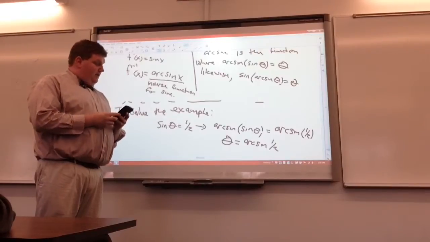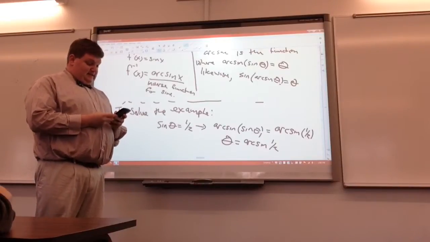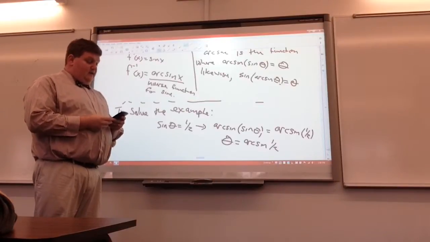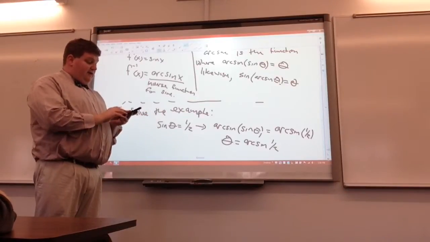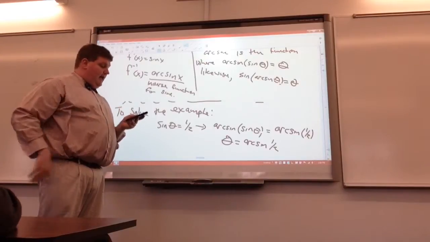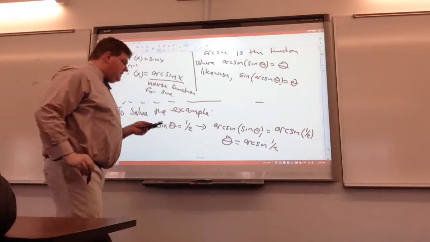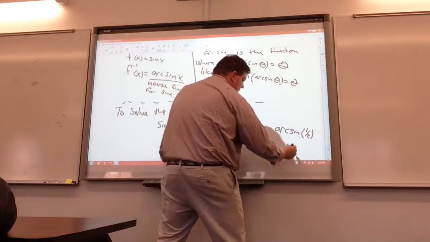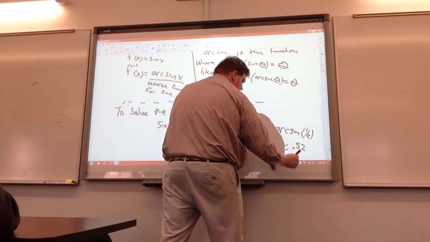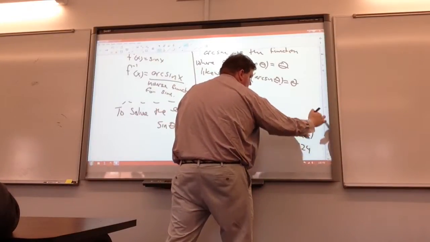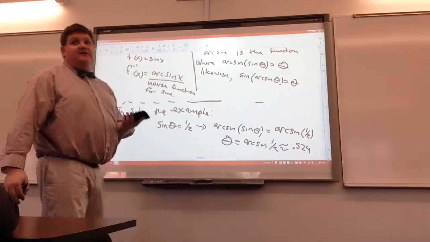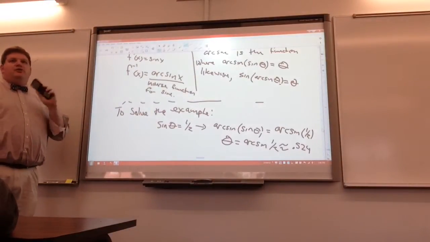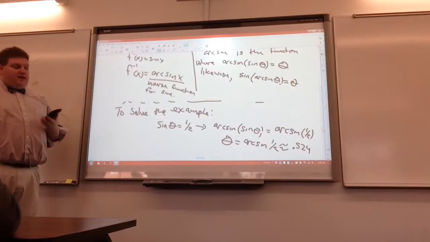Yeah, that's normally impossible. But is arc sine like the sine to the negative 1? Yes, that's what it means on your calculator. So I'm doing the arc sine of 1/2 in radians, and I get that theta is 0.524 radians. So if you want that in terms of pi, you just divide the answer by pi, and then the number you get, you put pi on it, and that's what it would be in terms of pi